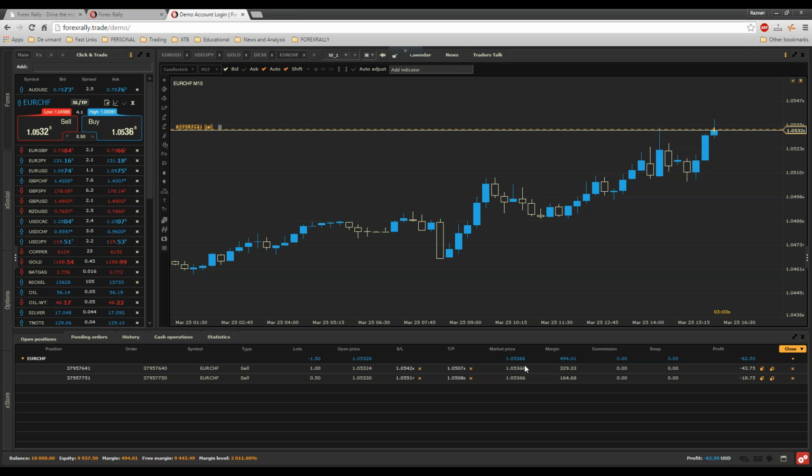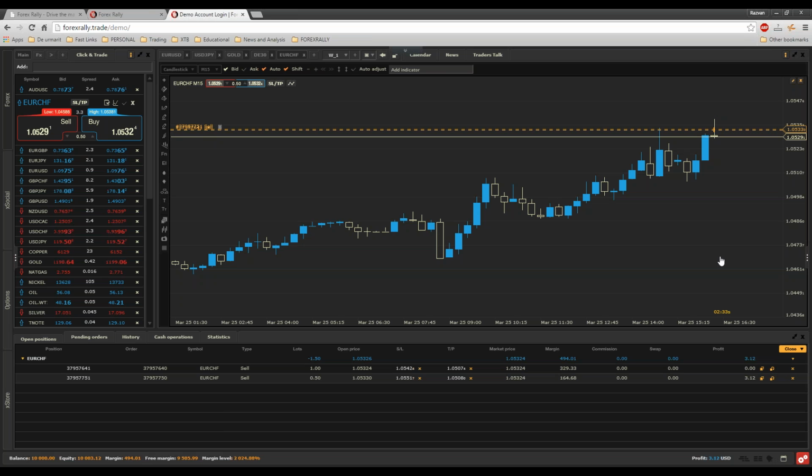But as a request for you, please don't trade without a stop loss. A stop loss is actually an order which limits your loss. Add the stop loss there. You'll see that you'll limit your loss and you'll have more chances of winning. Add a stop loss, add a take profit, and go for the trade, especially on a demo account, because this way you will learn how to do it and how to do it properly.